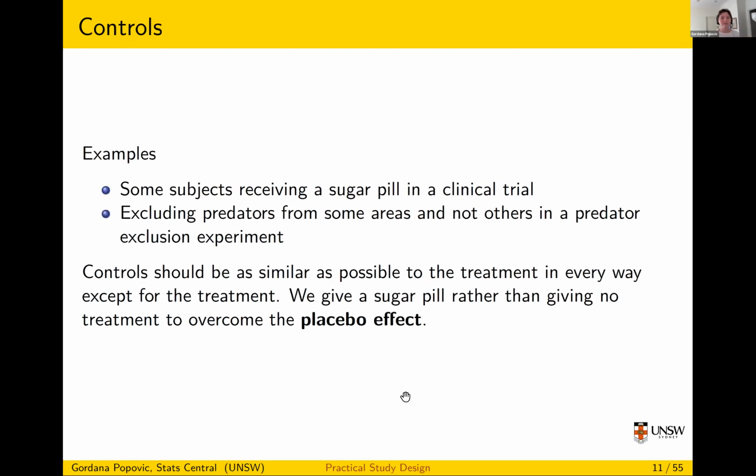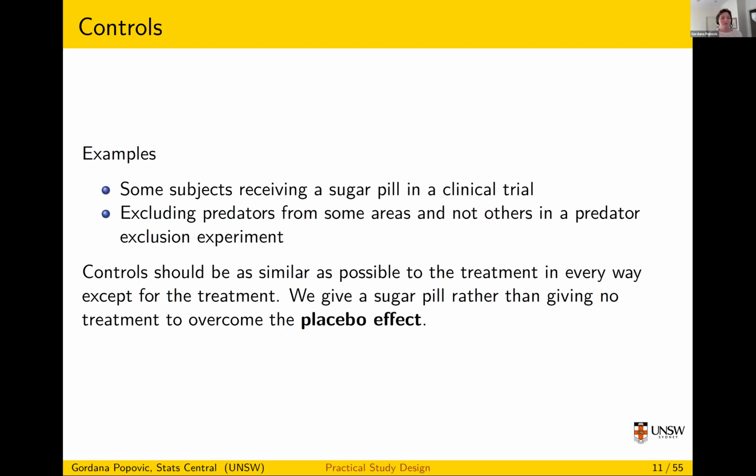Okay, so controls are often done in clinical trials, and generally speaking, what you want to do is make sure that the controls are in every possible way exactly identical to the non-controls, to the treatment group, except for the treatment. So the treatment should be the only thing that differs. So then when you say, well, there's a difference between these two groups, you can say the difference is because of the treatment. If there's multiple things different between the groups, then you don't know if the difference that you observe in the outcome is because of the treatment or because of these other differences between the groups.